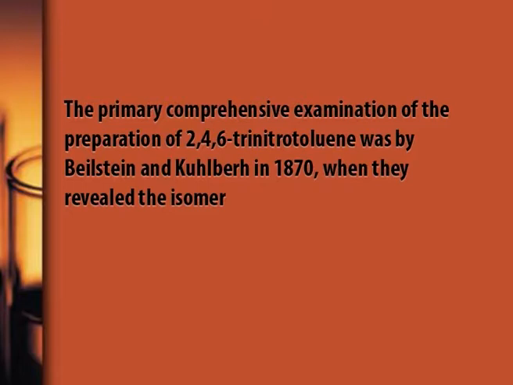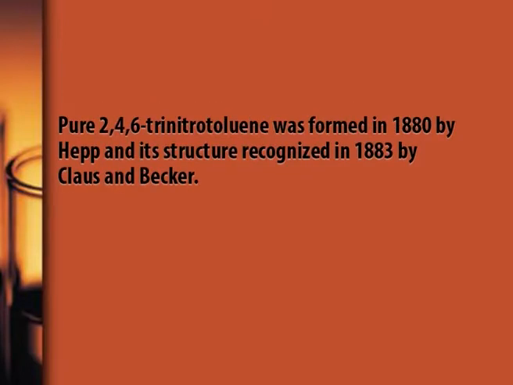They revealed the isomer pure 2,4,6 trinitrotoluene was formed in 1880 by Hepp and its structure recognized in 1883 by Claus and Becker. The production of TNT started in Germany in 1891, and in 1899 aluminium was combined with TNT